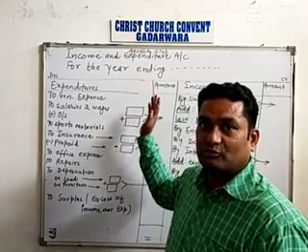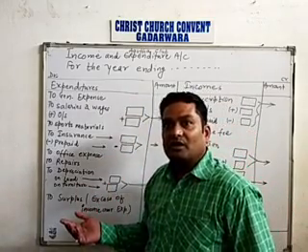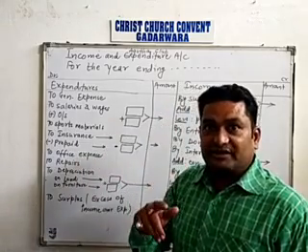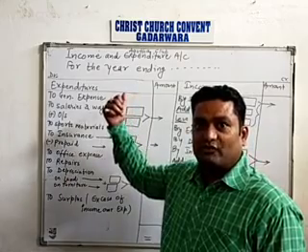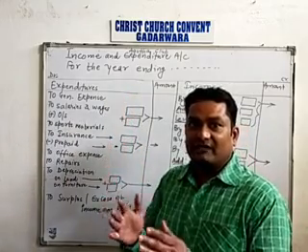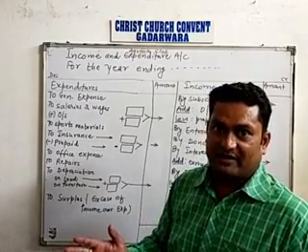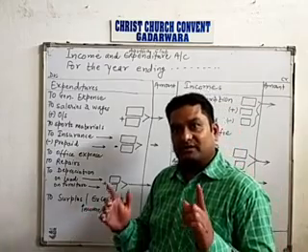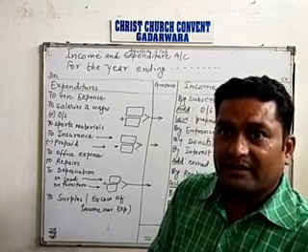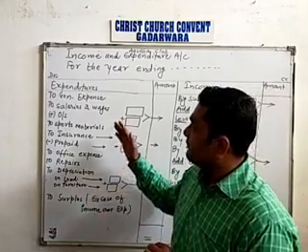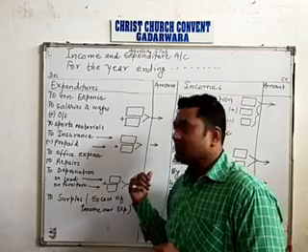neither capital receipts nor capital payments, means no capital expenditures and no capital incomes are mentioned or included in income and expenditure account. So while you are converting a receipt and payment account into income and expenditure account, first you have to classify revenue and capital items. You have to classify. Okay. Then after leaving capital items, all revenue expenditures and revenue incomes are written here.